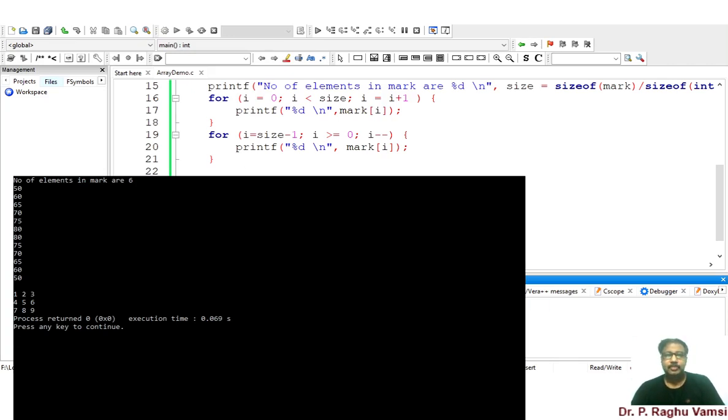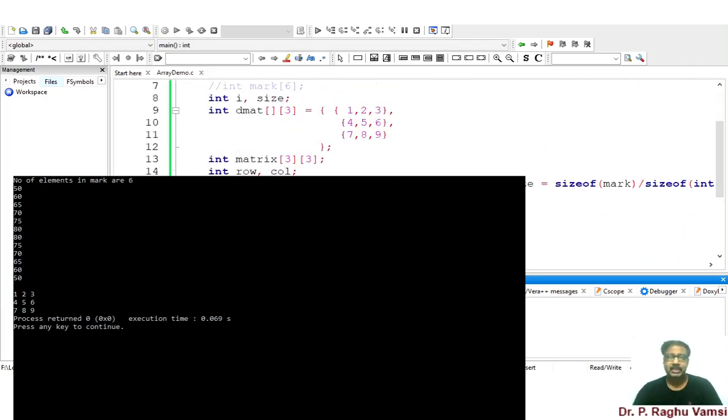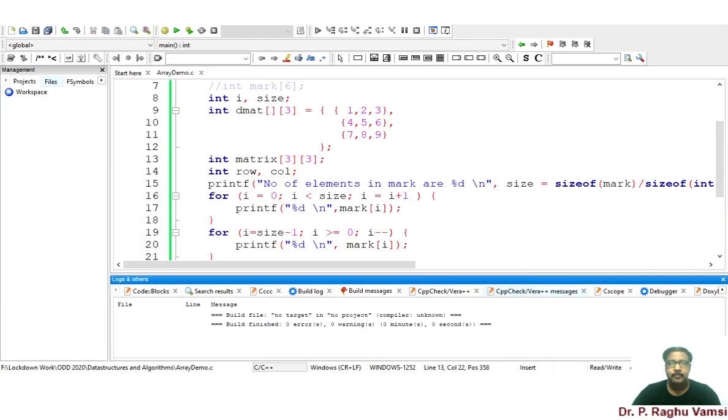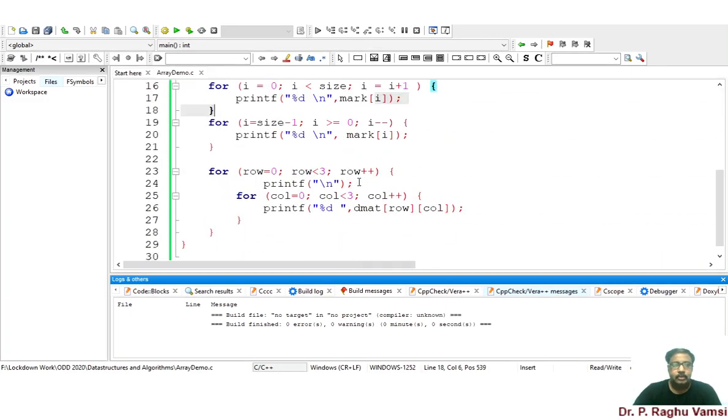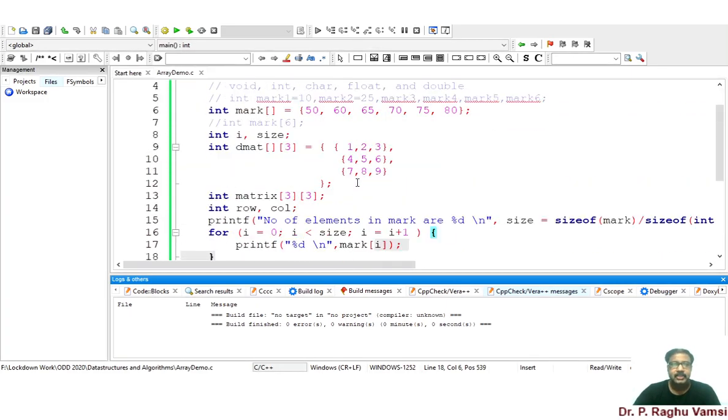In order to print the two-dimensional array, we need to use a nested for loop. For a single-dimensional array, you can use a simple for loop. So far we have seen the printing of elements that are already included in an array. For that, in order to print onto the screen, we use the printf statement. And in order to read the elements into the array, we use the scanf statement. So scanf and printf are both input-output statements, and that is the reason we need to include the stdio.h header file here. We will now see how to scan the elements into an array.